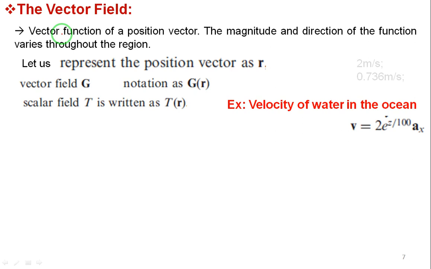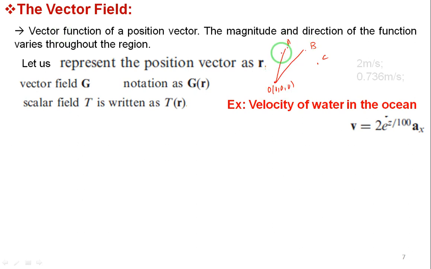We have defined field. Field is a function of a vector which will connect from an arbitrary point. Arbitrary point means an arbitrary origin to a point in the free space. For example, I'll show you. See here, if I consider one arbitrary origin, in the rectangular coordinate system it is 0, 0, 0. Then the point in the free space can lie anywhere. So field is defined as the function which will connect the arbitrary origin to a point in the free space, right?